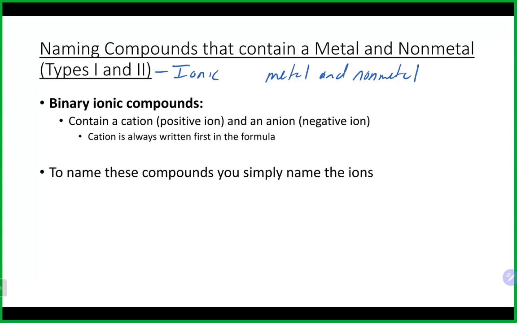Also, when you put together a formula for an ionic compound, it should always equal 0 in terms of the charge, because it is made up of a positive thing, which is a cation, and a negative thing, which is the anion. When you put them together to write the formula, it should always be the simplest way to get to 0. So, for example, if I had